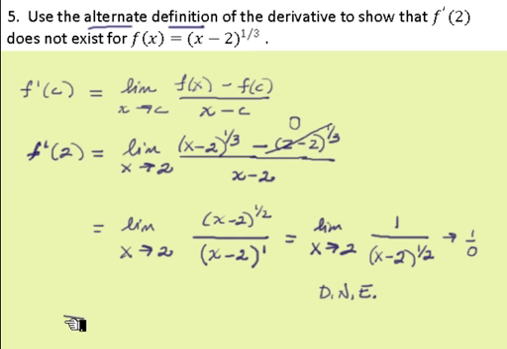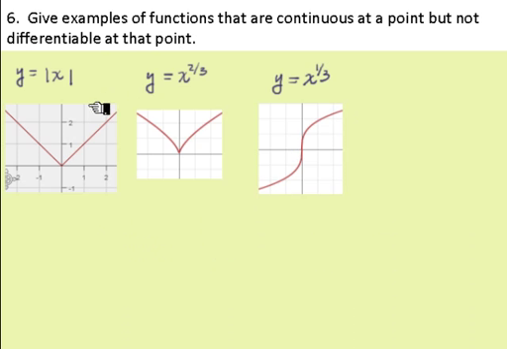All right, so we can conclude that f prime of 2 does not exist. In other words, the derivative does not exist at x equal 2. In number 9, we're asked to give examples of functions that are continuous at a particular point, but not differentiable